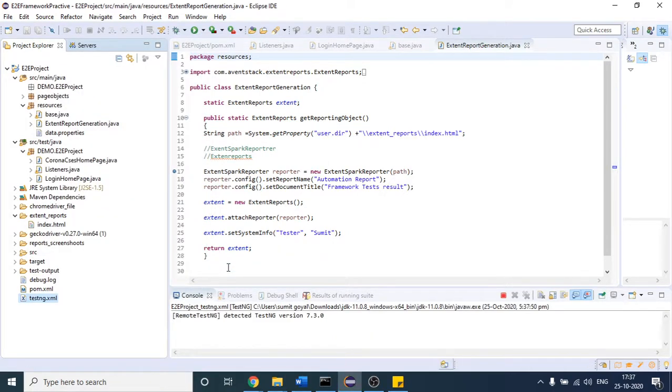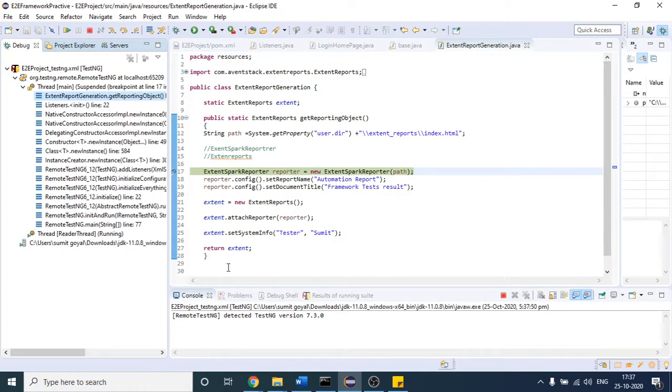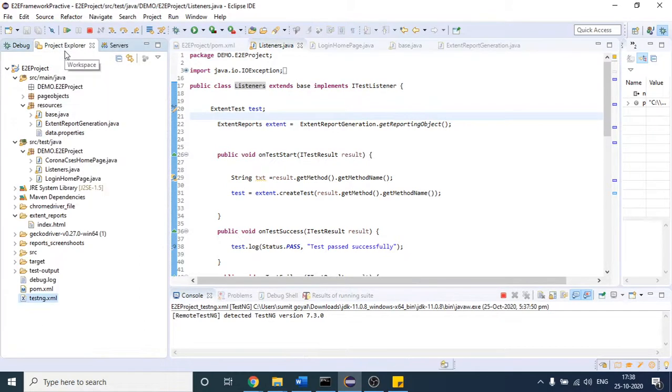Look carefully. It started again. So why did we come here? First of all, you should understand that as of now none of our test cases has executed, but as I have told you, as soon as your test case starts, you will see something happen. Let me show you this one.